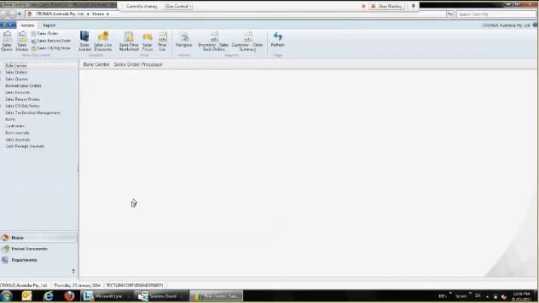Okay, so I'll just wait for that to load. Okay, so when I open NAV 2013, this is the first screen which I access, which is called